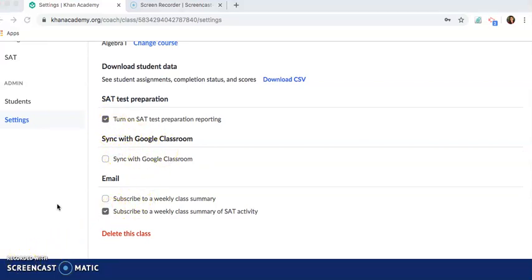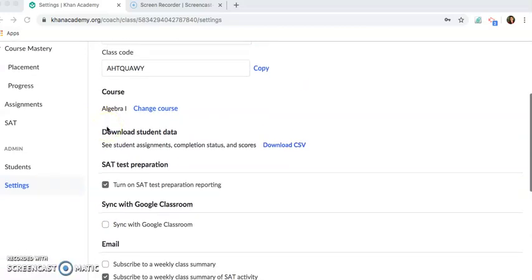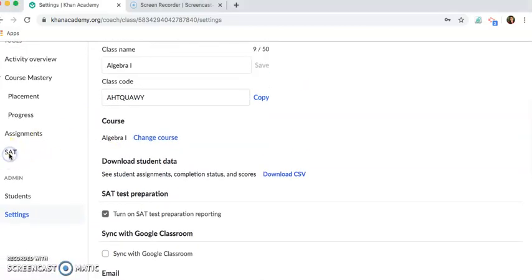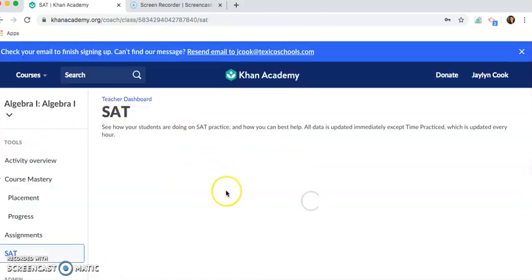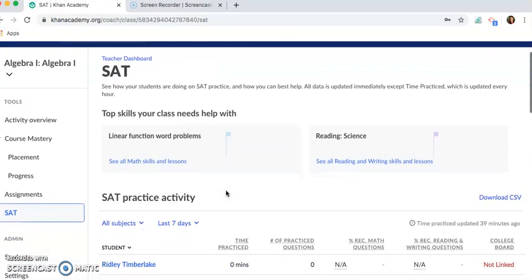I did go through, and my family members are probably going to get aggravated because I used their names to set up fake accounts so that I could make sure I was doing this right. When I set up an account as a teacher, I didn't actually have to request access if I chose these settings to begin with. So you may not have to do this, but whenever you go to SAT,